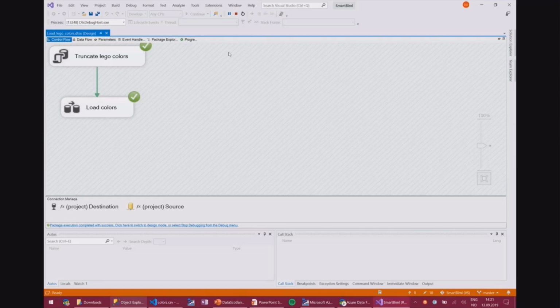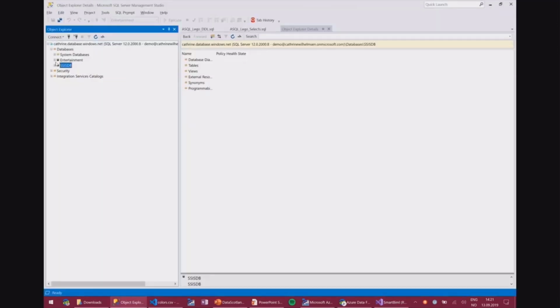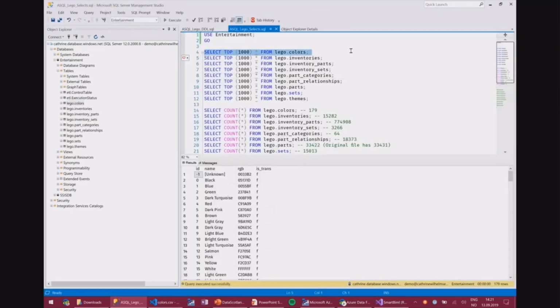So again, I don't really need to show you that you need to start and stop the integration runtime and that you can run it through Azure Data Factory, but I will show you what it looks like inside of Azure Data Factory if you want to execute this. So it ran, and if I go back into my database, I just want to double check. I have my table here. I have data. Yay, so it works. It's basically just an SSIS package that you're all used to.